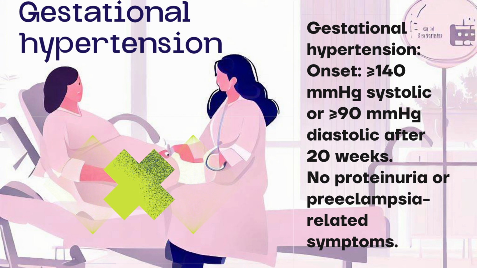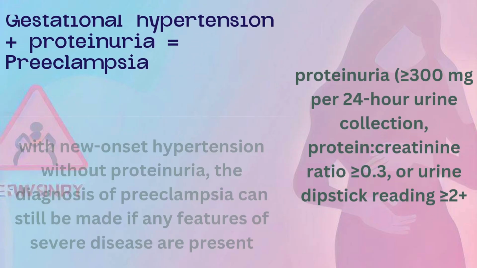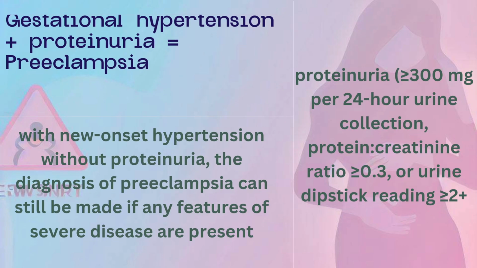In gestational hypertension, there is no presence of proteinuria, excessive protein in urine, or signs/symptoms of preeclampsia-related end-organ dysfunction, such as low platelet count, kidney problems, liver dysfunction, pulmonary edema, or neurological symptoms. Now, let's move on to preeclampsia. Preeclampsia is characterized by new-onset high blood pressure after 20 weeks of gestation in a previously normotensive woman, similar